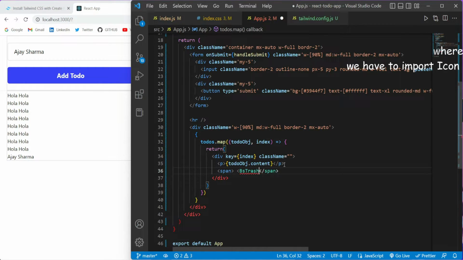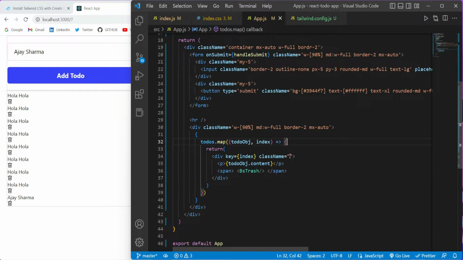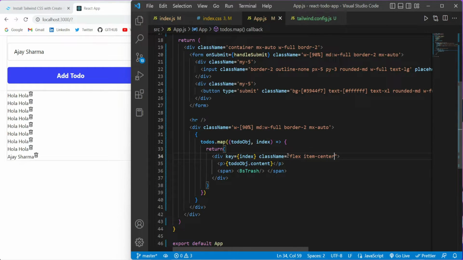Okay, now what we will do is we will add one span tag, and inside this span tag we will add this icon. Okay, now we have got the icon as well. Now let us try to add the class. We will be using flex and items center. Now we will be adding justify between. Okay, now let us add